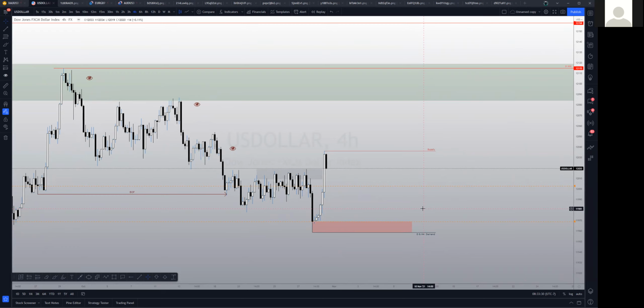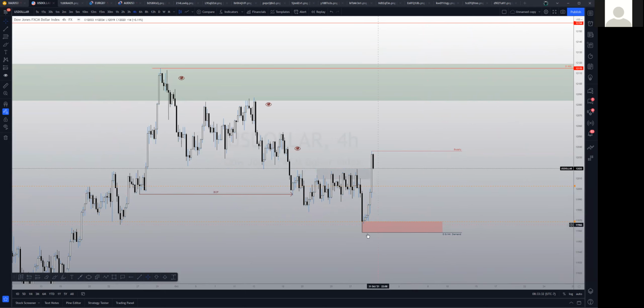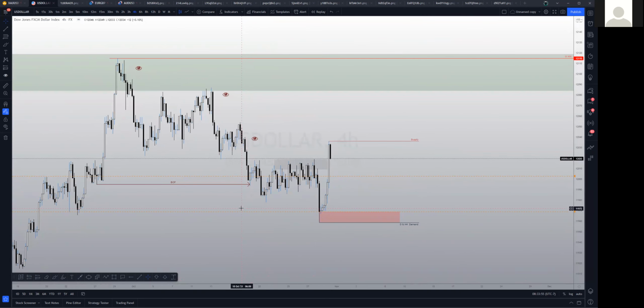So this is an interesting little bit. I am looking for price to stay above the daily NH4 demand that I have marked out here in a red box. If price action can do that, which I would anticipate it's going to, then we should see a new flow switch and a push higher up, depending on the chart that you have, into some of these supplies. I know that we use different DXY or dollar index charts, but that's my read on the dollar coming into the new week. We need a little bit more data, but it does look as though we're getting some intraday bullish pressure for the dollar, buyers' appreciation.